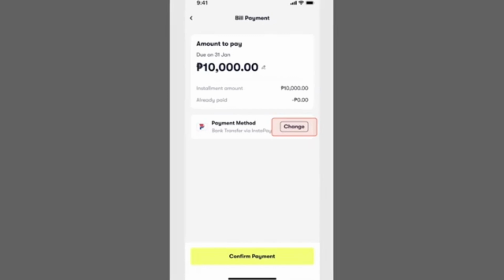So, to keep it simple, open Atome, choose your bill, tap Pay Now, select GCash if available, confirm through GCash, and check that the payment is posted. If GCash is not shown, use a supported GCash linked card if Atome accepts it. And that's how you pay Atome using